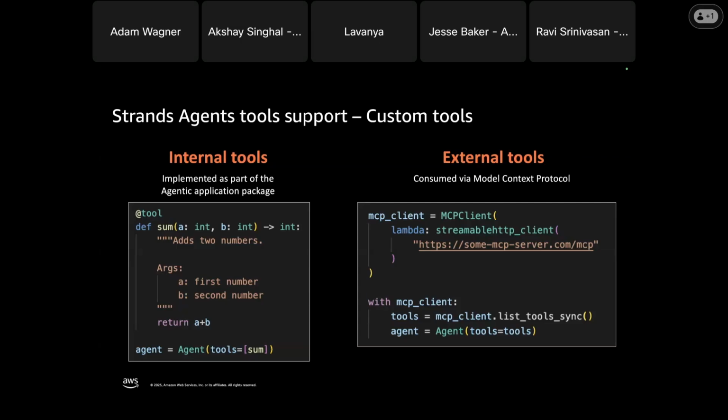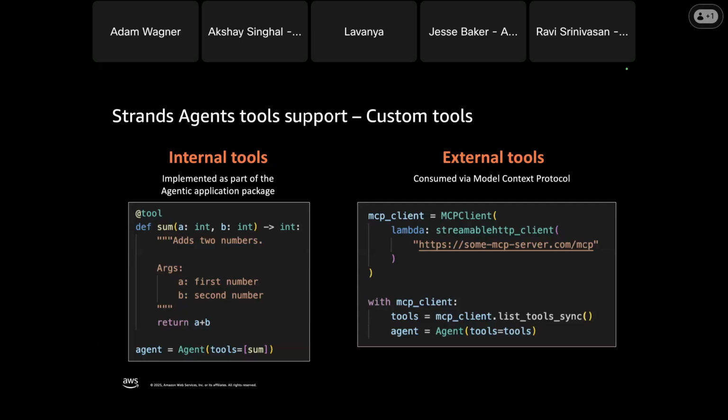That existing system could stand up an MCP server in front of it so that it speaks this common API language. Then you can use an MCP client from Strands or any other SDK that supports MCP clients to call that system as a tool. Strands allows you to very easily both define tools as MCP servers, but also call existing tools.